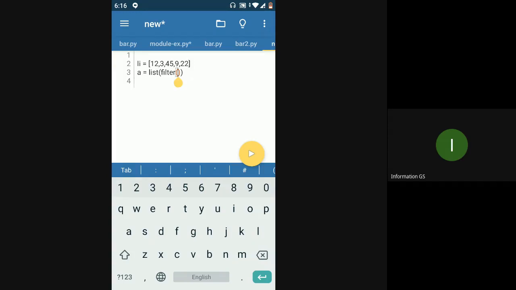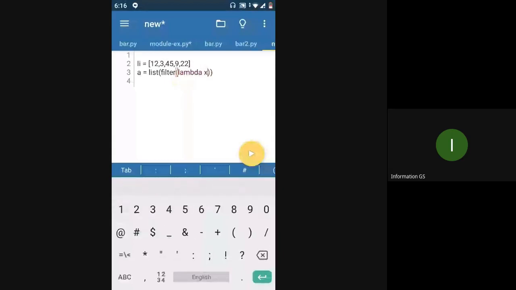Again, I want my filter function. What does the filter function do? It will filter the list that you provide it, using the constraints that you provide via the function. So you're going to pass a function and a list to the filter function. It is going to take the list, execute the given function on the list, and filter the list according to whatever constraint is put forward by the function. So if I have a lambda function that returns whether the given parameter is even or not.